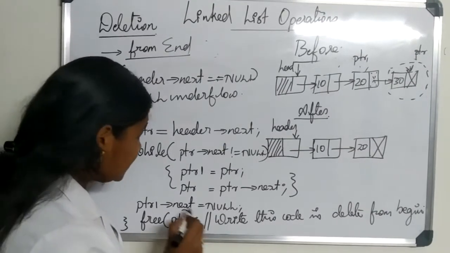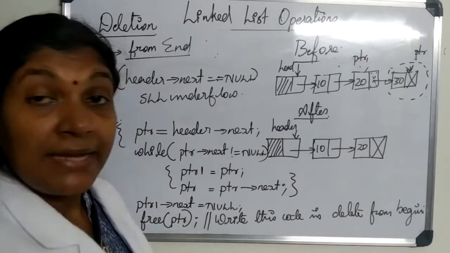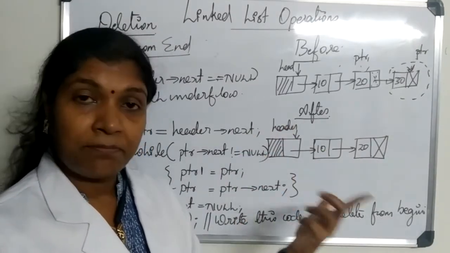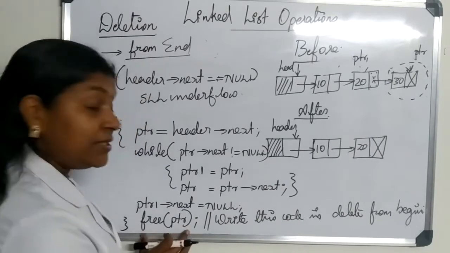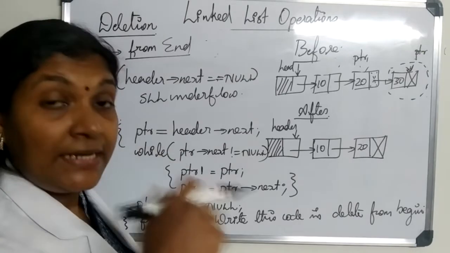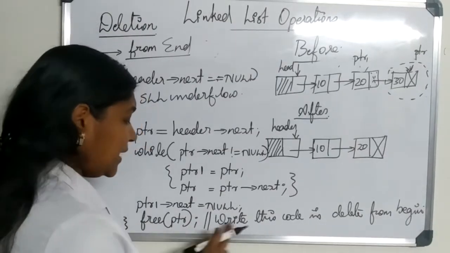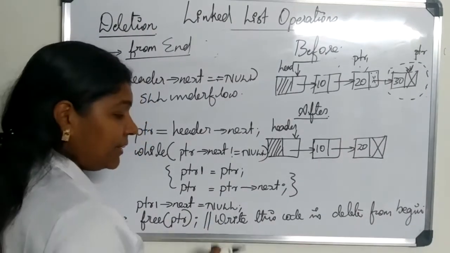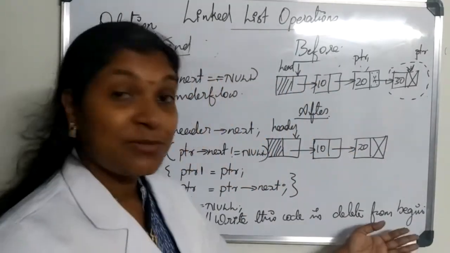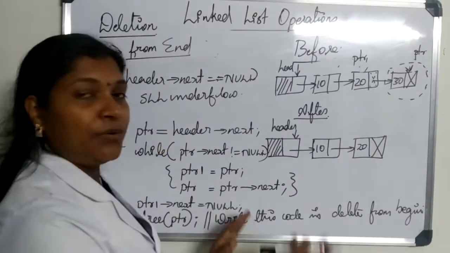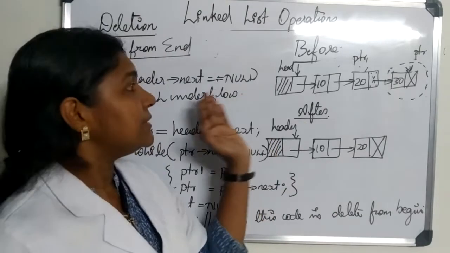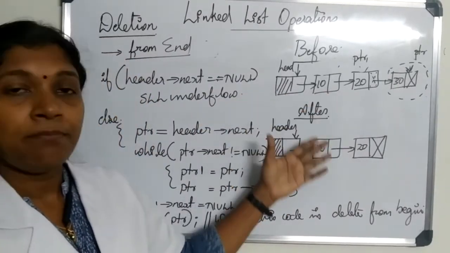Okay, then this was the line, this was the code I left out in our first case, that is after deleting node from beginning. I forgot to mention this part. So you should enter this code in delete from beginning also. Okay, so that is what I have written here as a comment. Write this code in the delete from beginning case. Okay, it was my mistake. So you include this line in that algorithm part also. Okay, so this is the deletion case from the end.